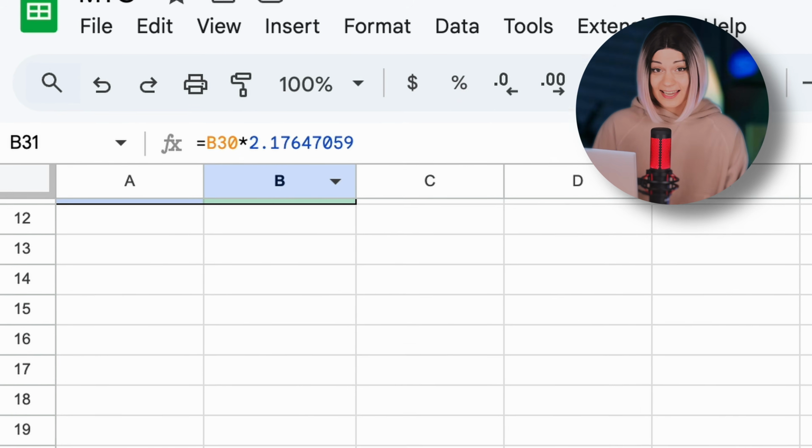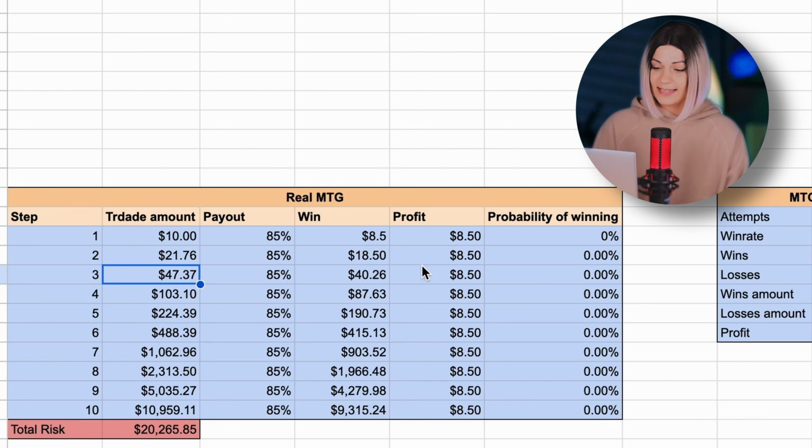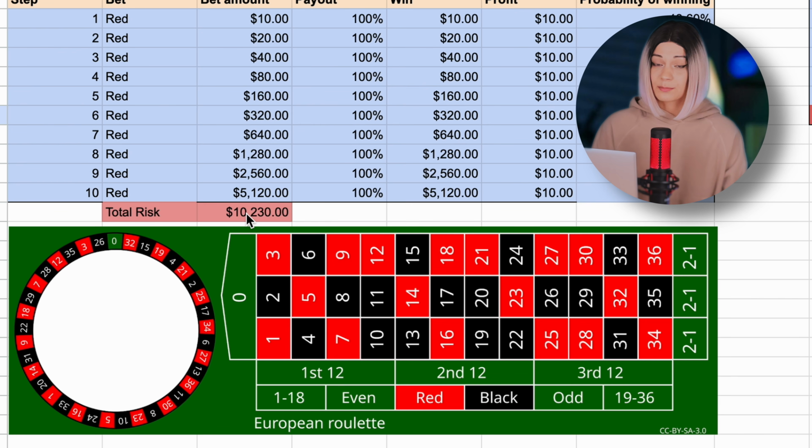And only in this case, you are going to get this mathematically correct thing. That means that no matter which deal is going to be closed in black, you're still going to get $8.50 in profit. If you think that doesn't really matter, it really matters, because in the case of casino, the total risk would be